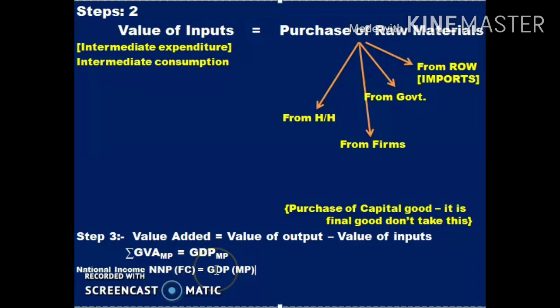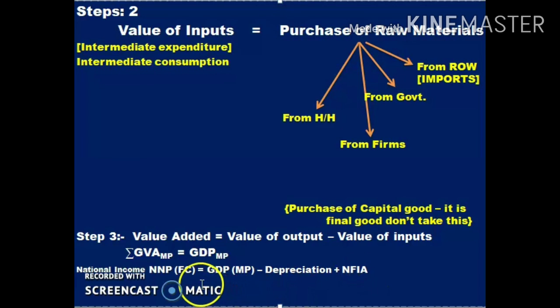To convert from gross to net, what you have to do? It's minus depreciation. You have studied, it's minus depreciation for net. So if you have to change the domestic product to national product, what you have to do? It's plus NFIA, which is the net factor income from abroad, to be added. Don't worry, these terms, that is depreciation, NFIA, etc., will be given in the question. You have to just take the value and substitute it.